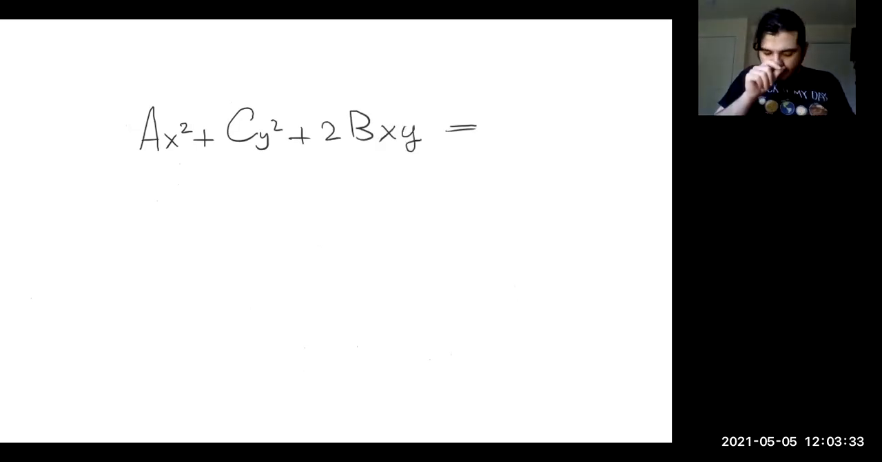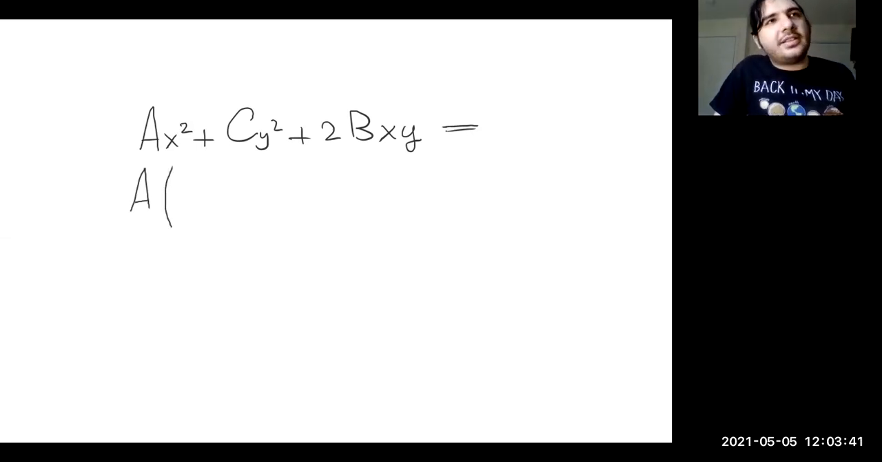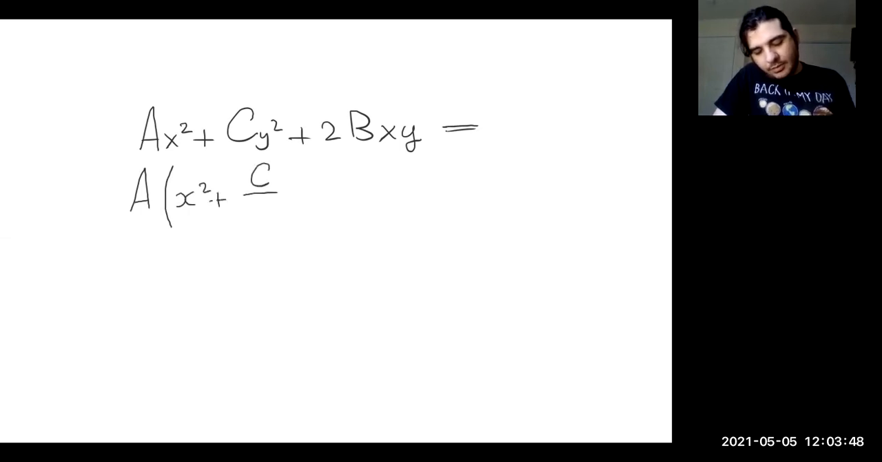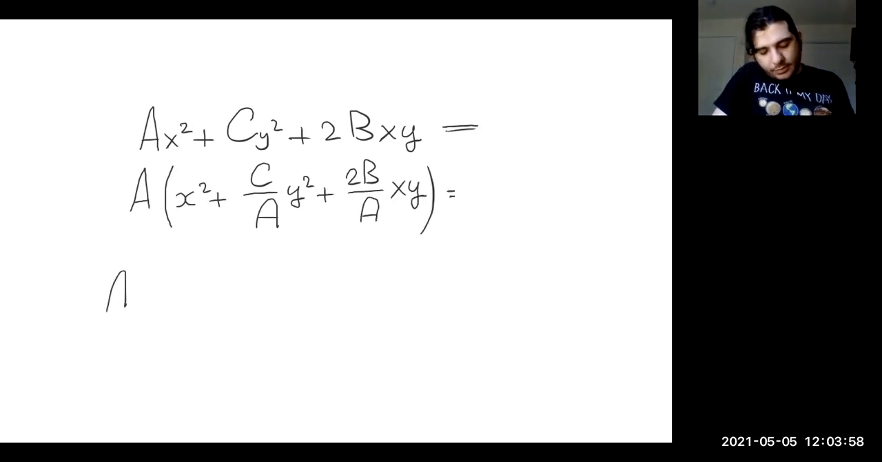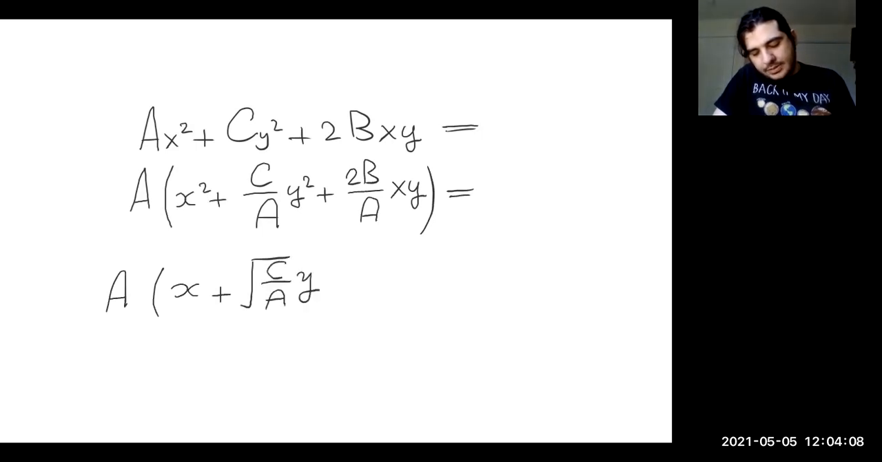It is equal to, well, let's write it like this. We know a is positive, so it's non-zero. I can write this as a times x squared plus c over y squared plus 2b over a xy. And that is equal to a times x plus square root of c over a y, the whole thing squared,